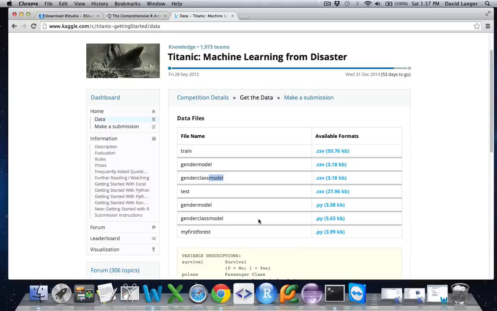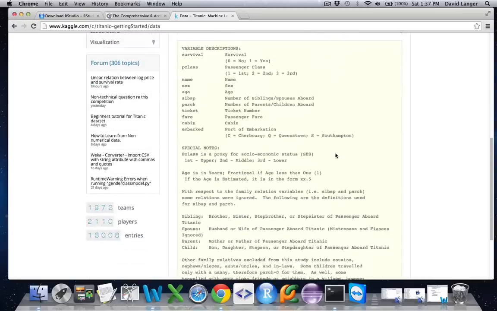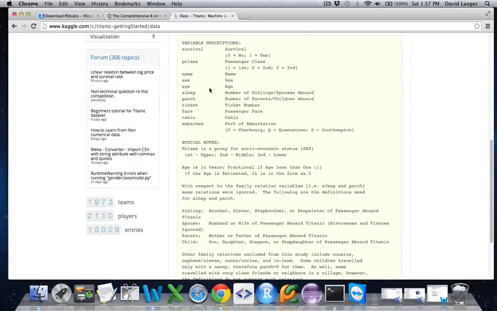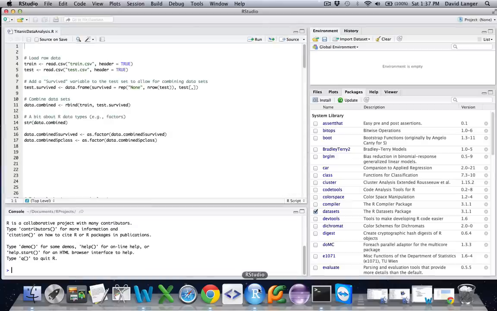Okay, cool, we're back. We're going to keep this up in the background here in Chrome because this will be very interesting. This essentially is our data dictionary, or our metadata, and it'll be extremely helpful for what we're going to be doing next. But without further ado, let's pop into R and start doing some fun stuff.